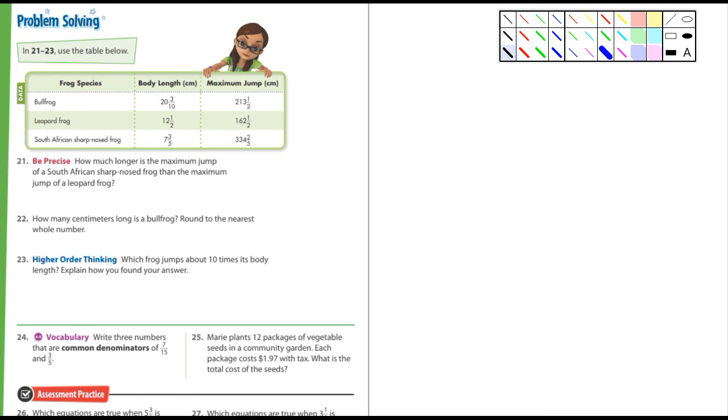Use the table below. It says, be precise. How much longer is the maximum jump of a South African sharp-nosed frog? And that's the South African sharp-nosed frog, and that's the maximum jump. Then the maximum jump of a leopard frog. Here's the leopard frog, and here's the maximum jump. So it looks like they're asking for the difference, so you're going to be subtracting. And so you could write down 334 and 2/5 and you're subtracting 162 and 1/2. Okay, you can do that. You can do 22, 23,